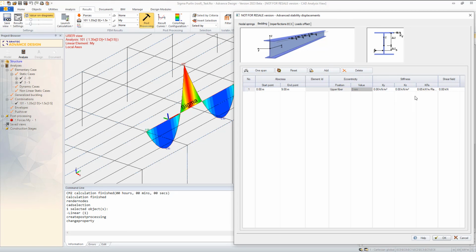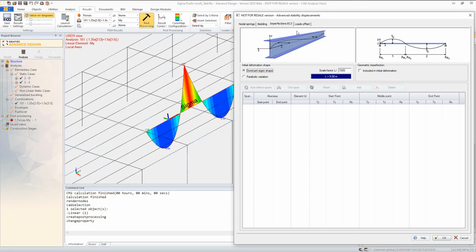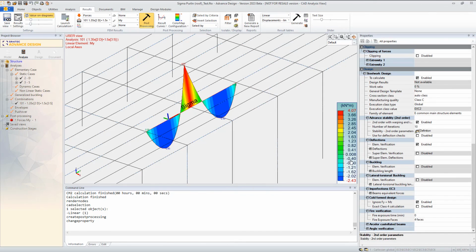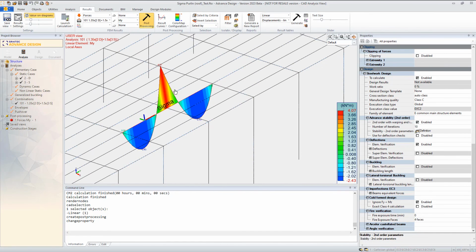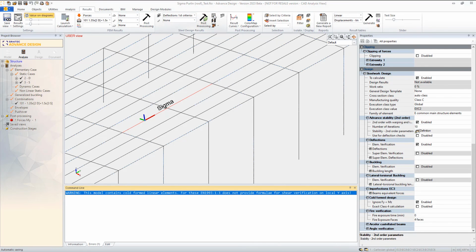You can also introduce a shear field if you computed it. Then you will introduce the initial bow imperfection based on an eigenmode and an eigenvector analysis. You will decide on the application point. It can be on the top left if you're dealing with only gravity load, or top center if you've got uplift as well. And the farther away you are from the shear center, the more torsion you will get. And when you're done, you can safely run the steel design analysis on the member, on this purlin, and check